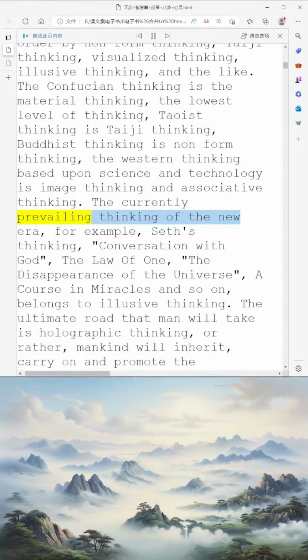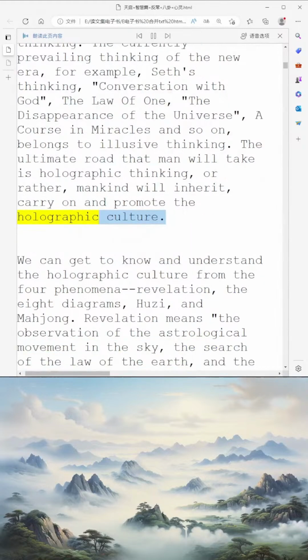The currently prevailing thinking of the new era, for example, Seth's thinking, Conversations with God, the Law of One, The Disappearance of the Universe, A Course in Miracles, and so on, belongs to elusive thinking. The ultimate road that man will take is holographic thinking, or rather, mankind will inherit, carry on, and promote the holographic culture. We can get to know and understand the holographic culture from the 4 phenomena revelation, the 8 diagrams,